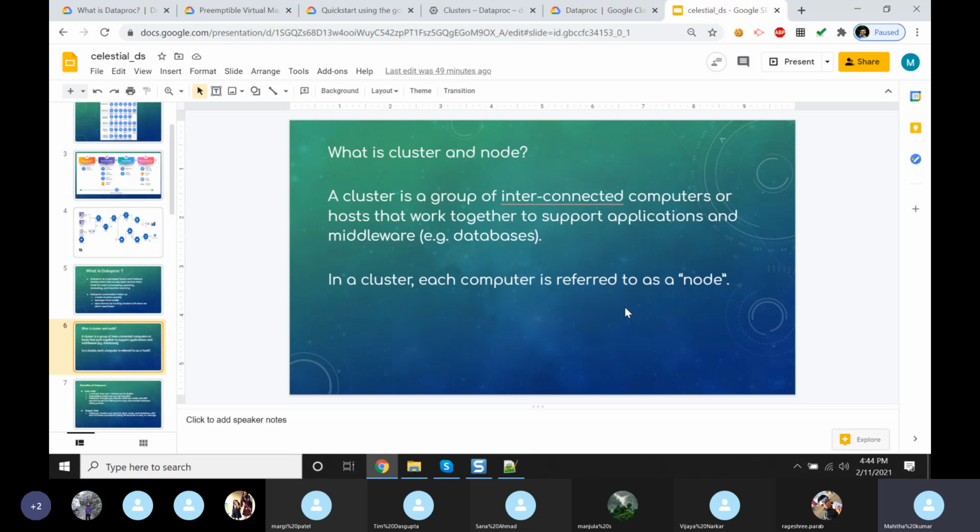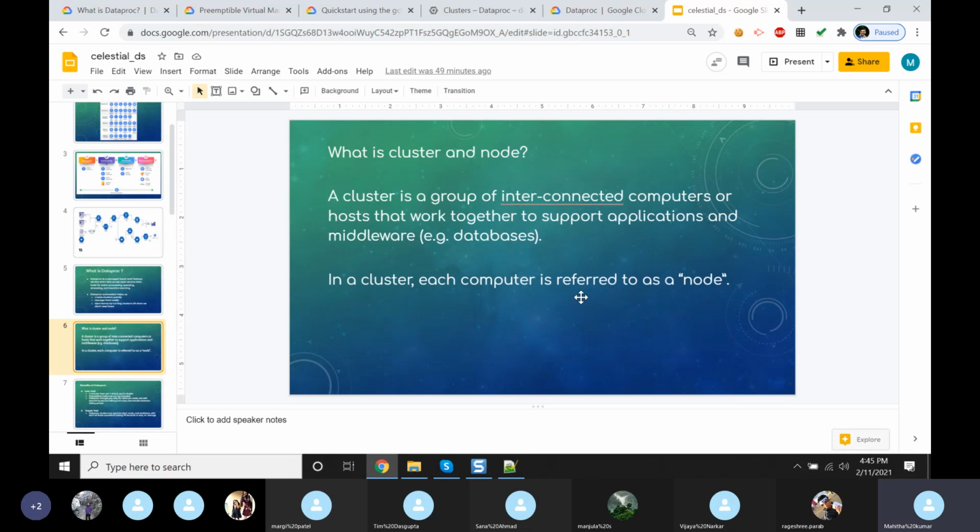For example, we just created a Spark job now, right? Similarly, we can run some algorithms, machine learning algorithms. We can ask one node to calculate one type of model, and we can ask another node to get another model.